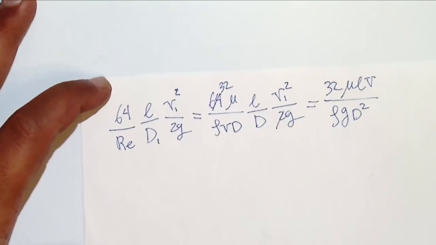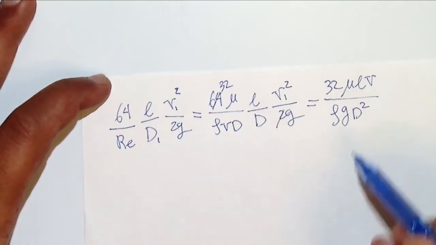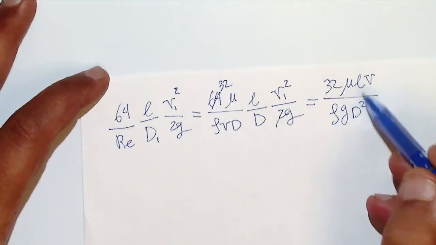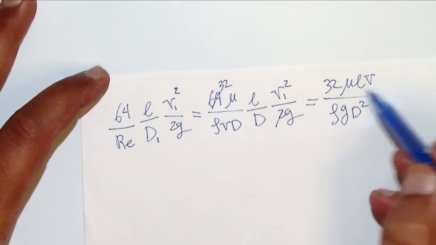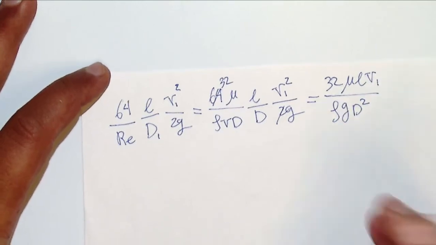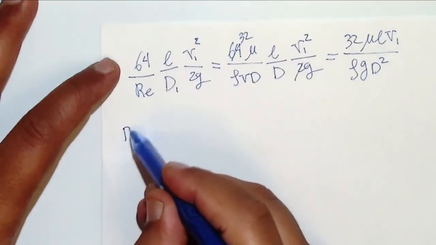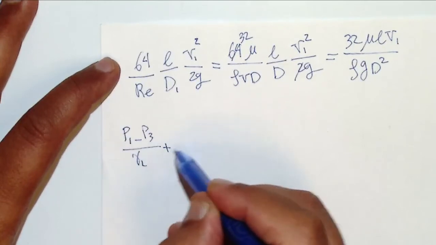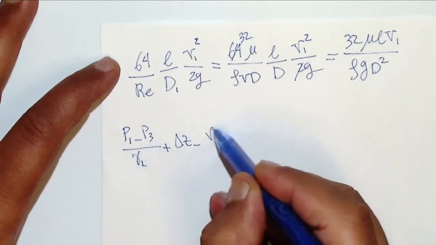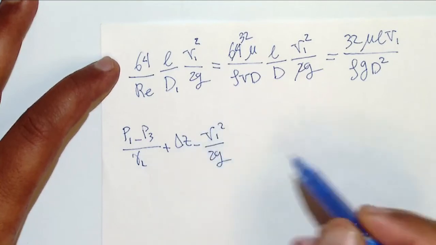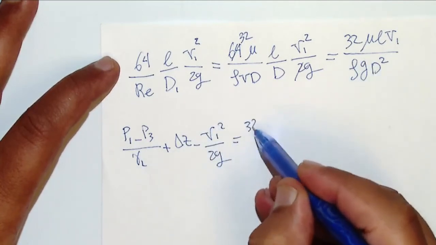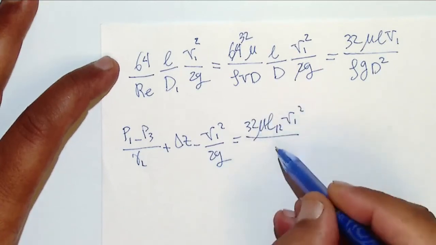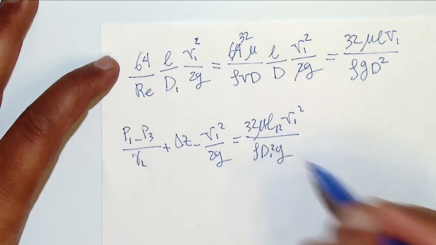Okay, so I'll just make it, the last term is easier based on the known terms that I have. So here rho is given, mu is given, L, g, d, 32 is a constant, only velocity is not given, which is velocity at 1, right? So bring it to the equation that you have, P1 minus P3 over gamma of the liquid plus delta Z minus V1 squared over 2g. It has to be equal to this term, 32 mu L12 V1 over rho d1 squared g. Okay,